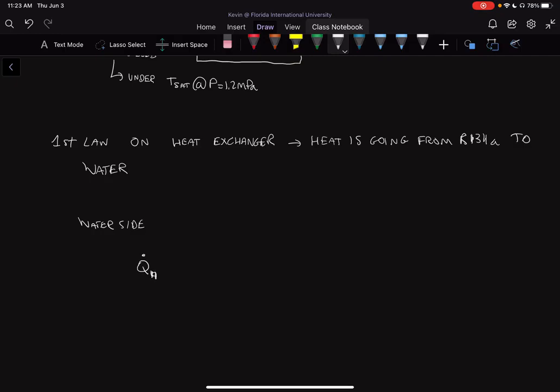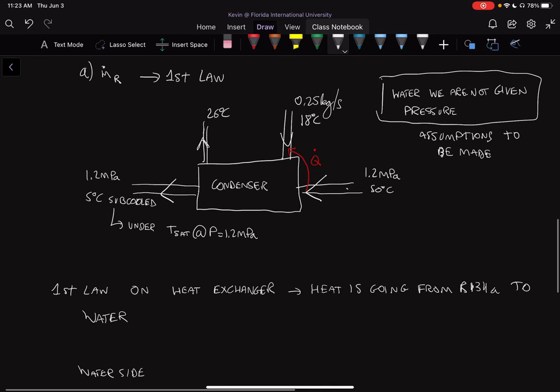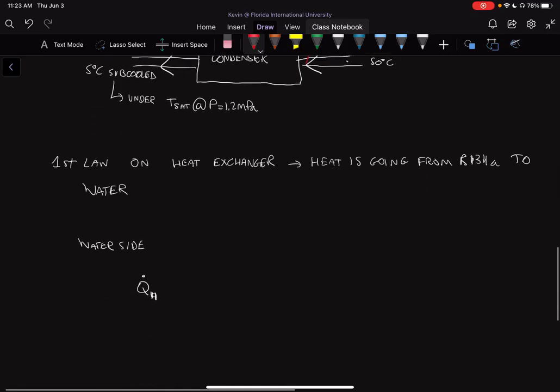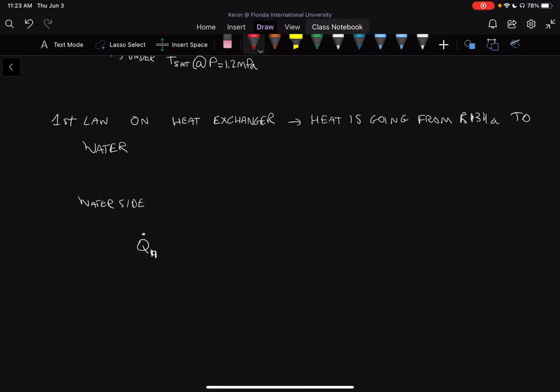Q dot H is the actual Q going into the water. The water is exchanging with the R134A. The R134A is part of the system, so the Q dot H is the part that is exchanging with the water. So we have some Q dot H into the water, minus work dot out, is equal to